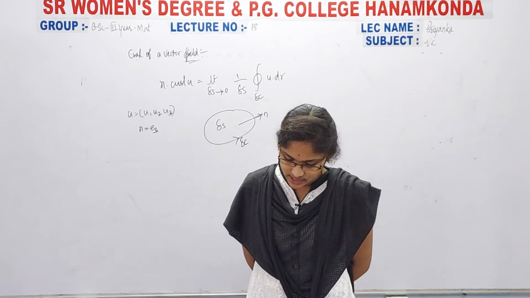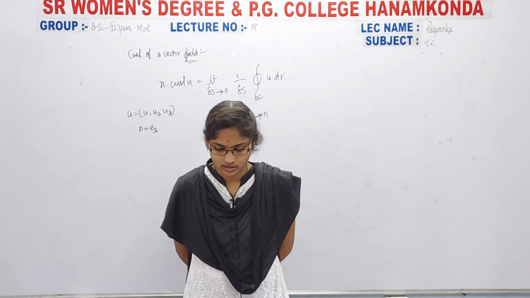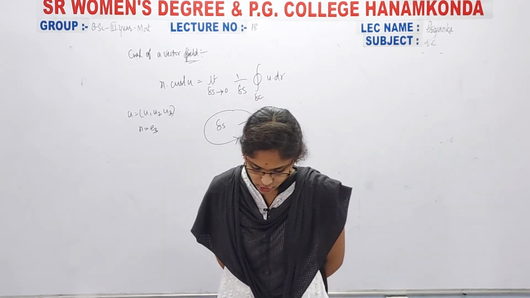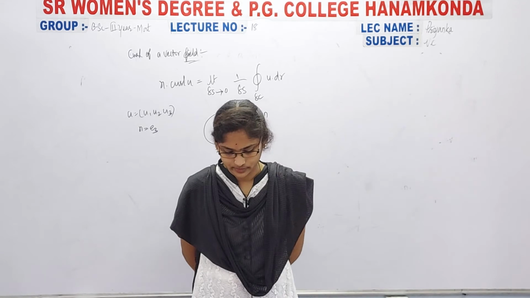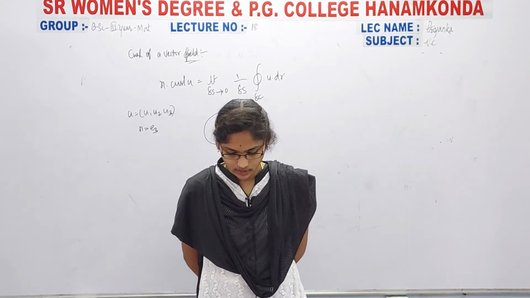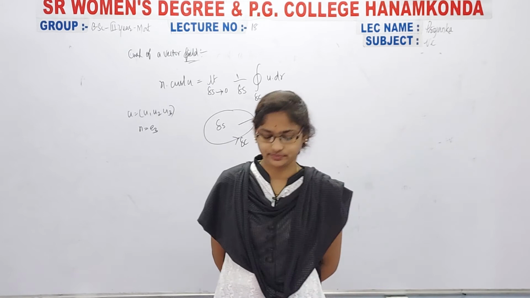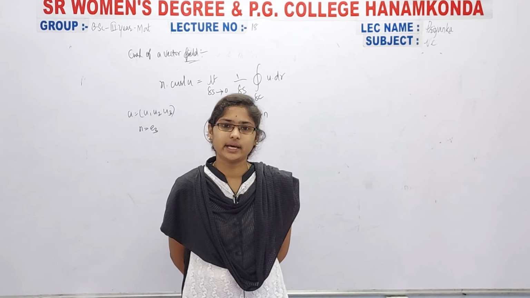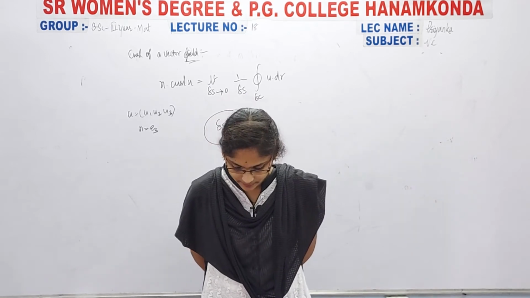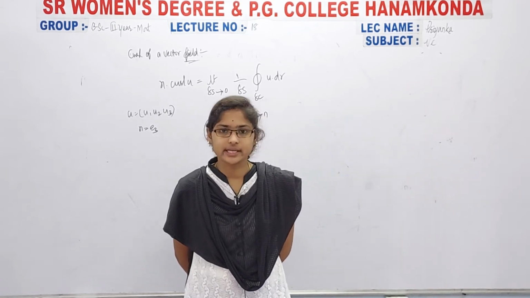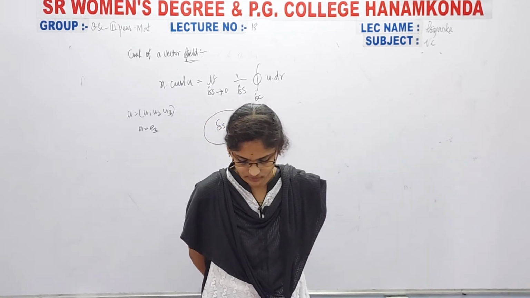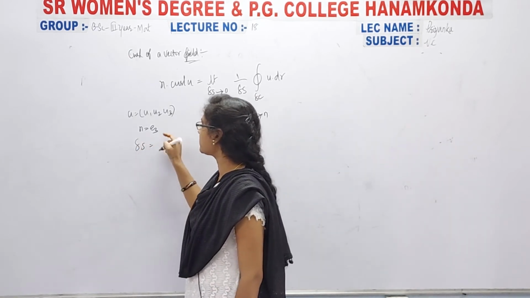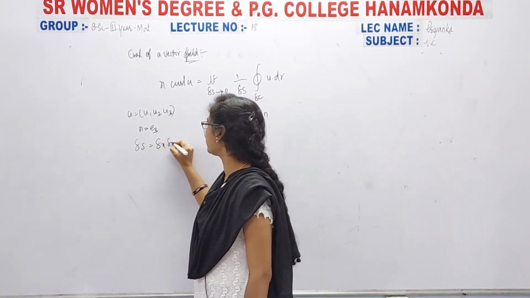Next line, the surface delta s lies in the xy plane, and can be chosen to be a small rectangle with sides delta x, delta y, centered on the point x comma y comma z, with area. So how do we choose the area now? It is along the z direction, so it is enough to take delta x delta y.